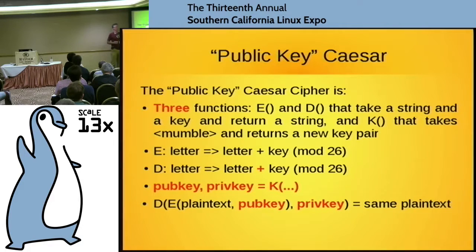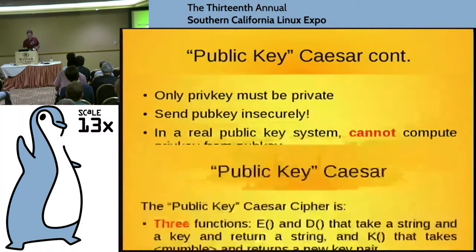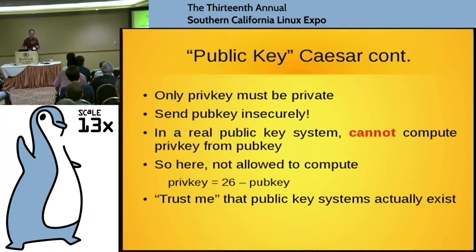Why did I put it into the cipher? There's a reason I'll tell you in a second. What am I going to do? Well, I've changed the decryption function. Now it's adding instead of subtracting. That makes it the same as the encryption function, but that's not relevant. What really matters is that now a different key has to go. So if you encrypt with 3, you have to decrypt with 23. Yes? So they're different keys. Now, only one has to be secret, so I'll just send the public one, and we got no key exchange